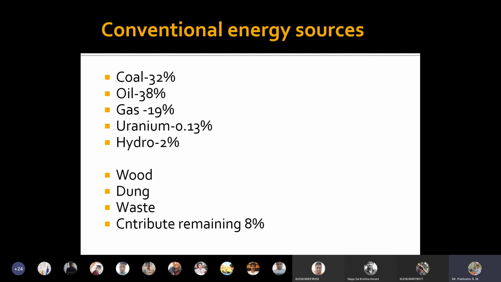For example, if you want to have a solar panel, you need to invest more. But it's renewable, and it has no carbon emissions. So there is a difference between conventional and non-conventional energy systems, and also between renewable and non-renewable sources of energy systems. So we'll discuss the fuels which are available, that is, conventional energy sources.